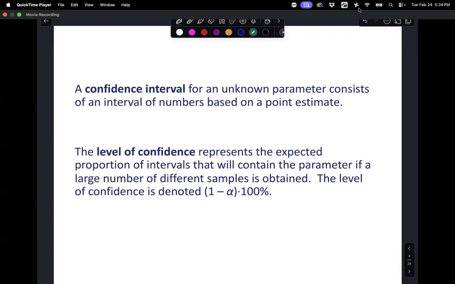So if I said I had a 98% level of confidence, I'm 98% sure that this person has 45% of the votes, plus or minus 3%. Then if I took 100 different polls, 98 of them would contain the actual population proportion. We're going to see a little bit more of that as we keep going, once we start doing our math. So the level of confidence is how many of those confidence intervals would contain your actual parameter of interest.